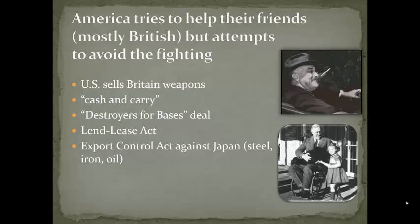Up to this point, the United States really felt no direct threat from either Germany or Japan. All the stuff was going on. We didn't feel directly threatened. Our friends in Europe, mostly England and France, they were under tremendous threat, though, from the Nazis. We wanted to help them, but listen, we didn't feel the need to go to war if we hadn't been directly attacked. So in order to help out our allies, FDR, Franklin Delano Roosevelt, our president, he offered several different